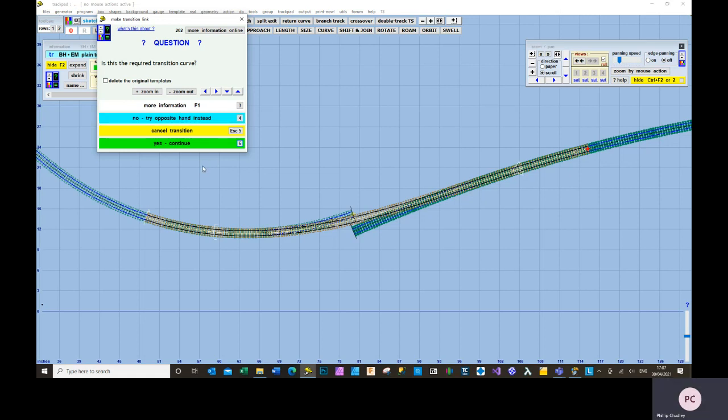Now, there's one other thing we need to be aware of. It says here, delete the original template. Now, what that does is it makes this template extendable on this constant radius this way, and extendable on the constant radius that way. So you get one big template for the entire curve. And you may think, that's actually quite cool. It reduces the number of templates. But, and there's always a but,